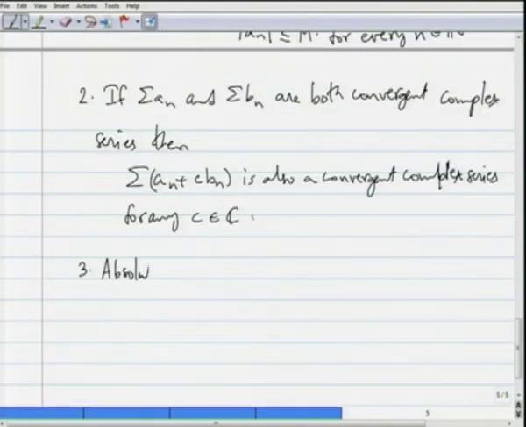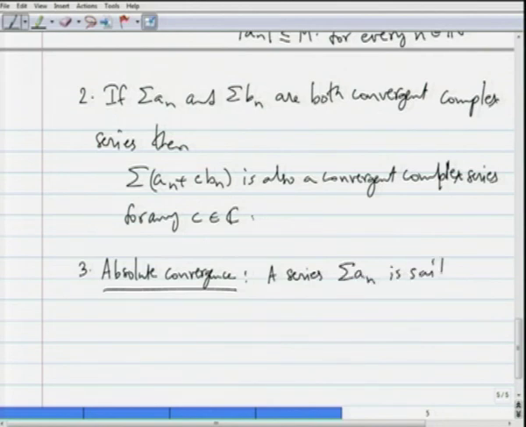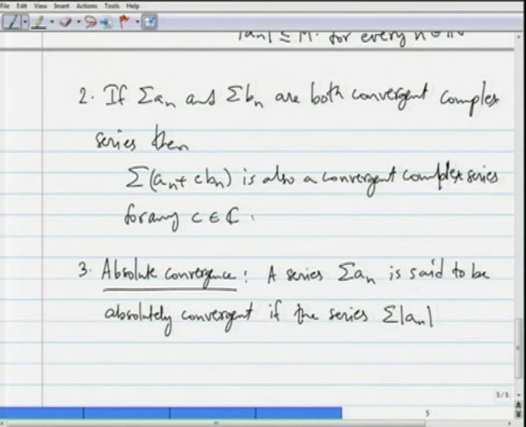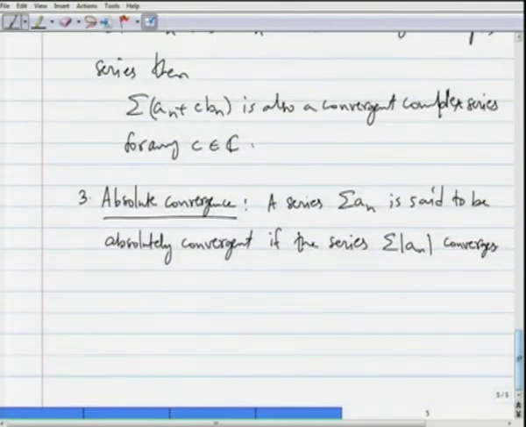Absolute convergence. A series sigma a_n is said to be absolutely convergent if the series of absolute values of the nth term, namely sigma modulus a_n, converges. Okay. So, and then